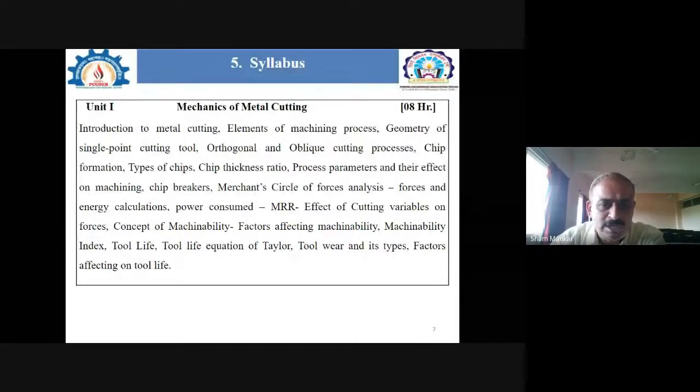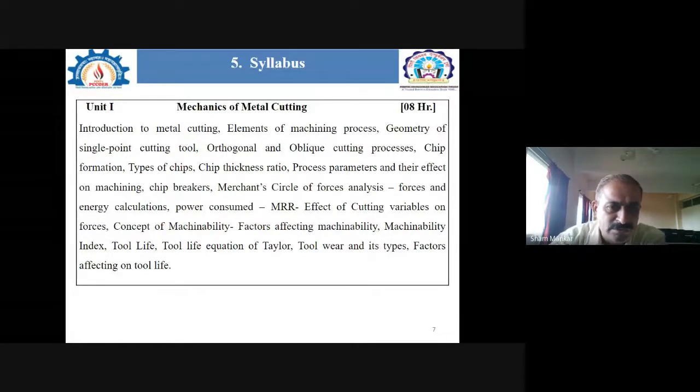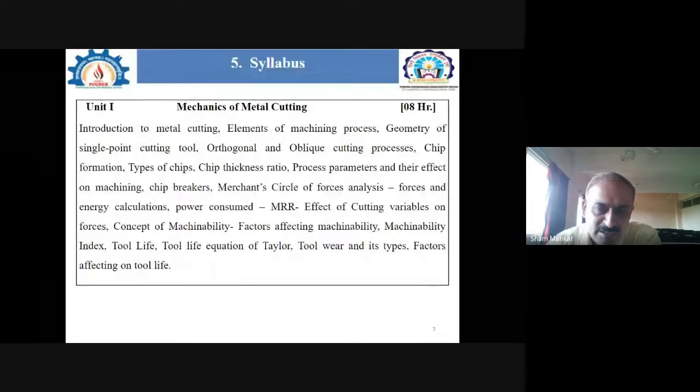So as we know, these are the many factors which will affect the tool life. And again the important parameters, such as speed. Speed is nothing but the number of RPMs at which the workpiece continuously rotates about its axis. That is the speed. Feed is what? Can you define the feed?